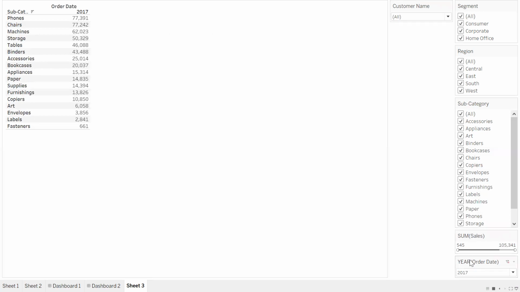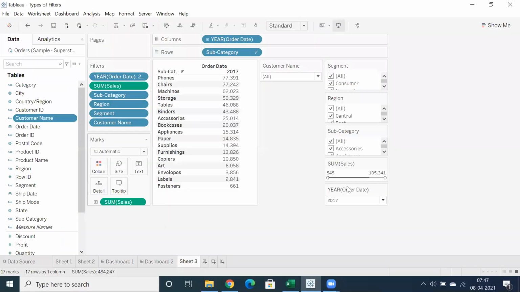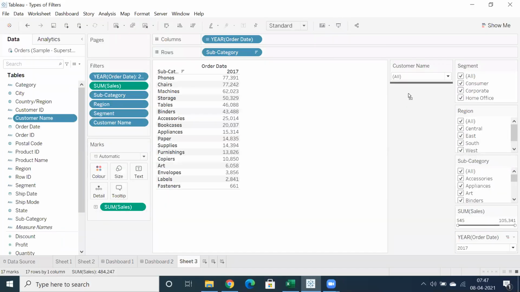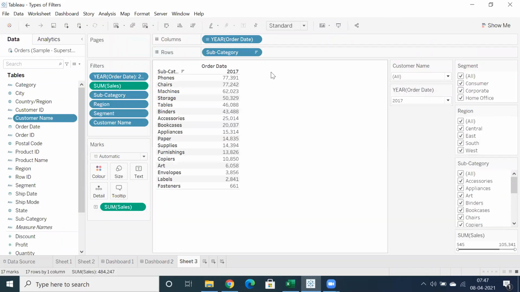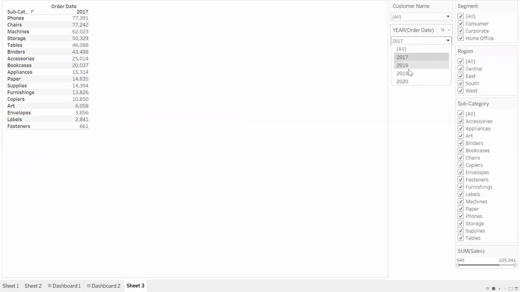So if you have a single value drop down, you can see, click on this drop down and you can select. Let's drop this filter here just for an understanding purpose. Now you can select one at a time, 2017, 2018, 2019, and 2020. So you don't have an option to select multiple here.